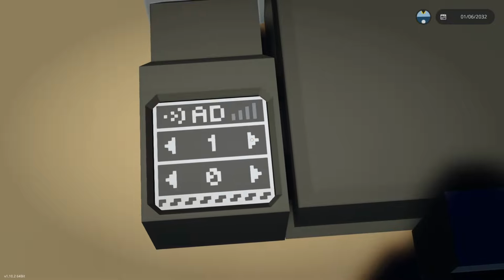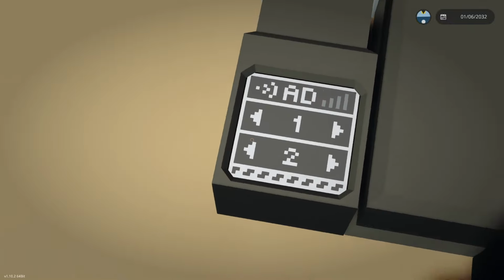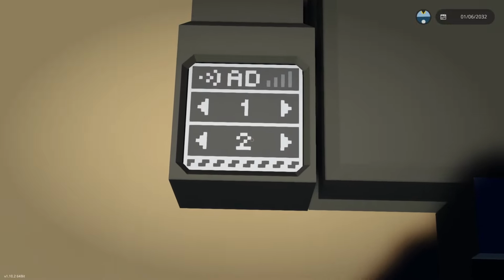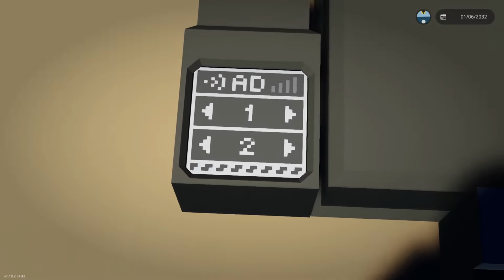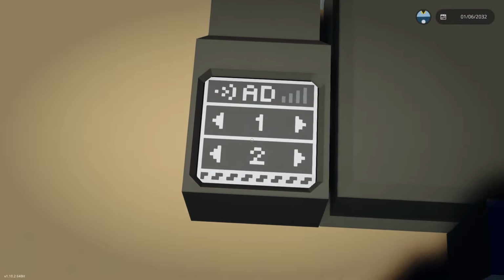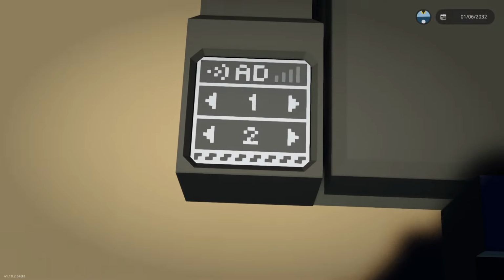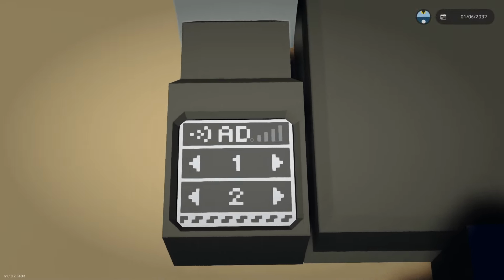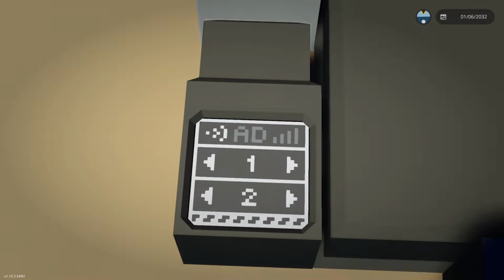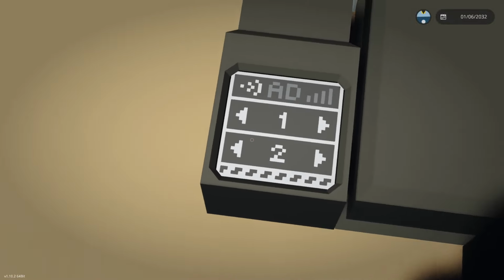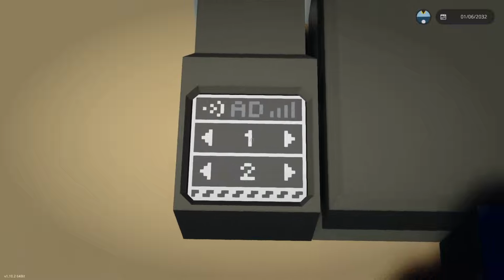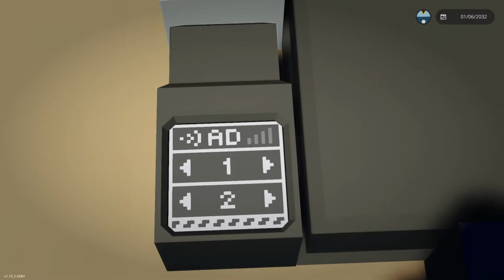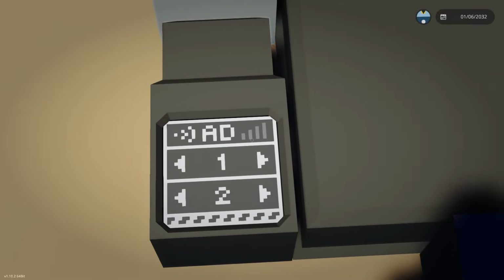So if I can get this onto 1 with auto duplex on, it would disable these two bottom buttons, which is the sending frequency or the receiving frequency, and then it'll increment it to 1. So you're sending on 1 and receiving on 2, and then this would be signal strength. So if you turned that off, all these buttons would be highlighted so you can press them, and then when you press that,